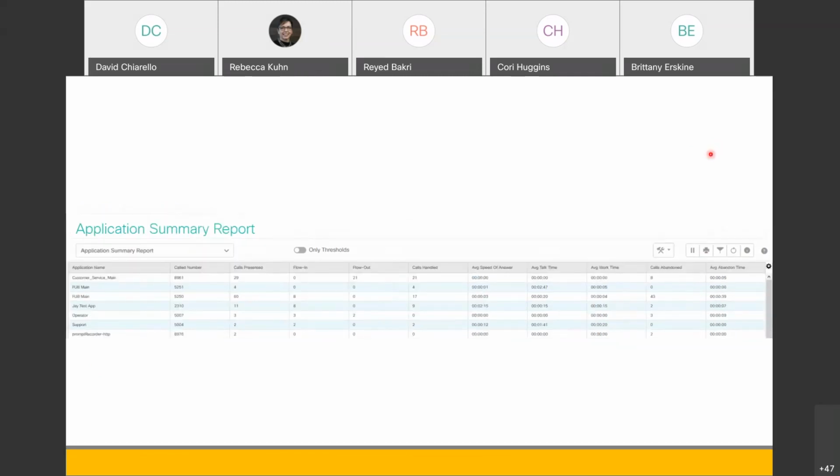I am going to click on the next one, the application summary. Okay, your application summary report is going to give you a good understanding of how many calls went into each application, right? We're talking about just that secondary level, application level reporting. Here you can see in our lab demo, we have calls that come into our customer service main, and out of 29, 21 of them